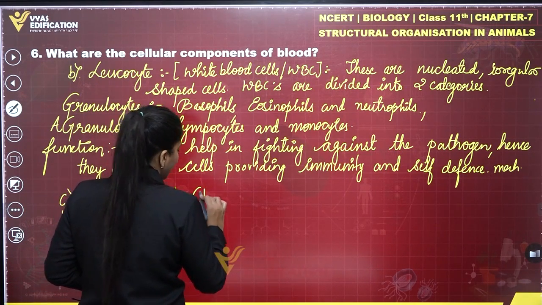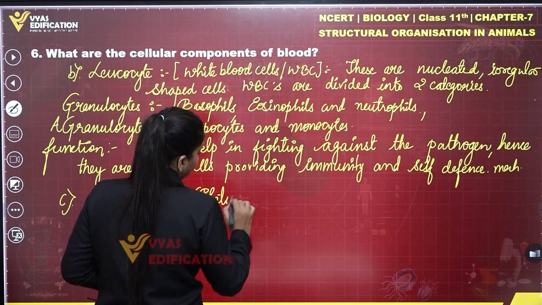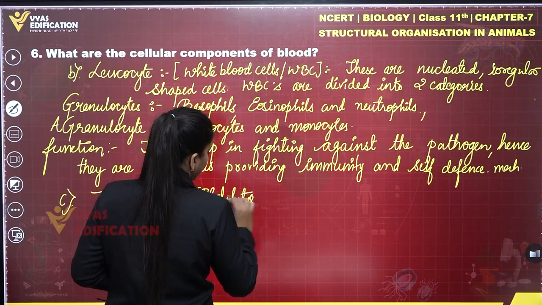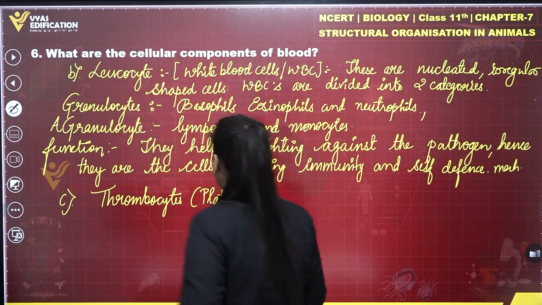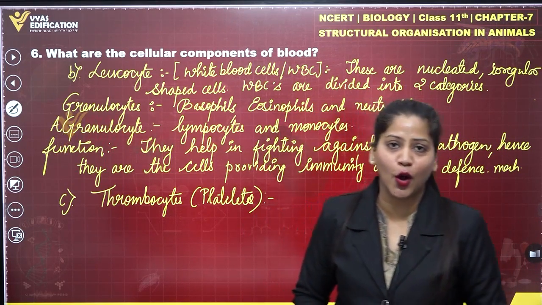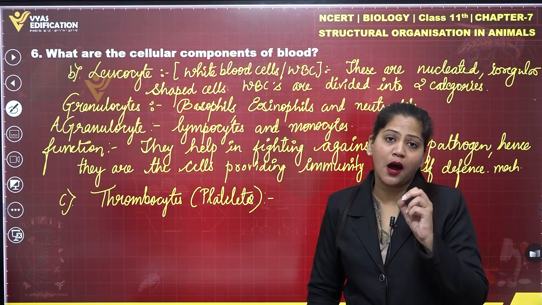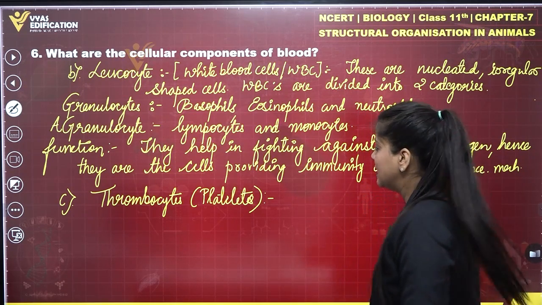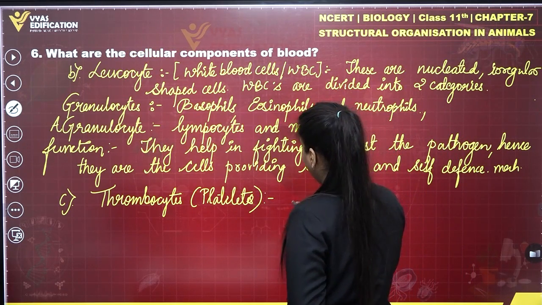Or we can call them platelets, right? So the third or last cellular component of blood we have is thrombocyte, or we can call them platelets. They are cell fragments. These are cell fragments. So thrombocytes or platelets are